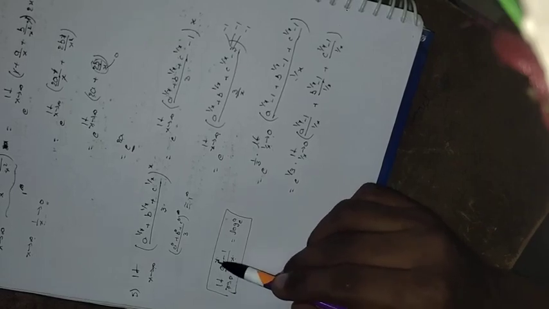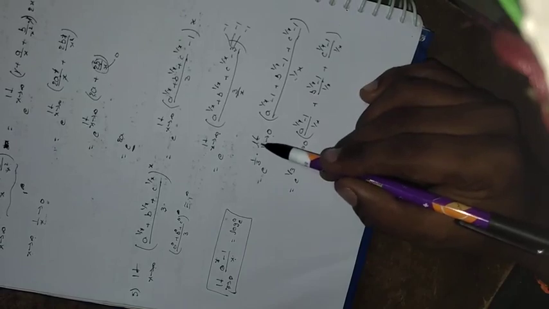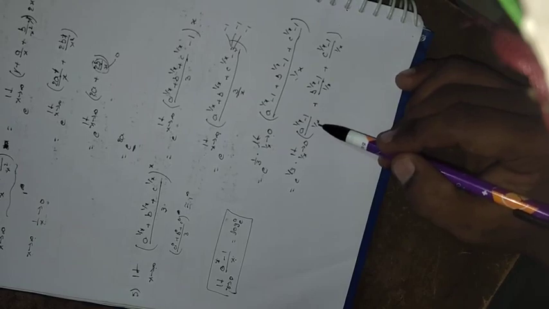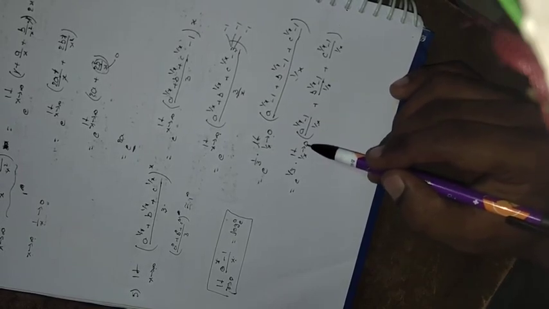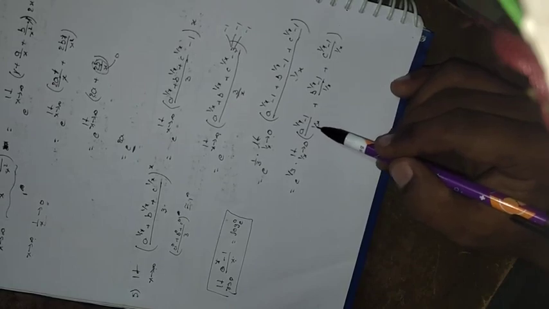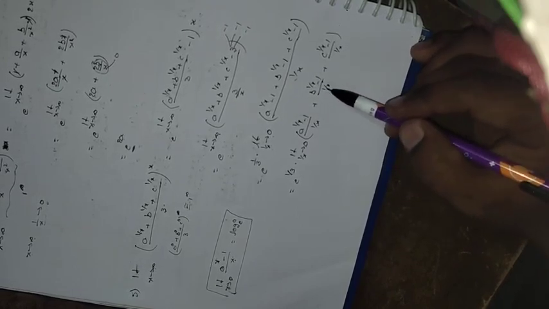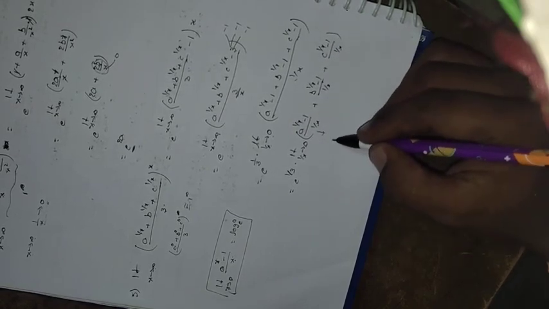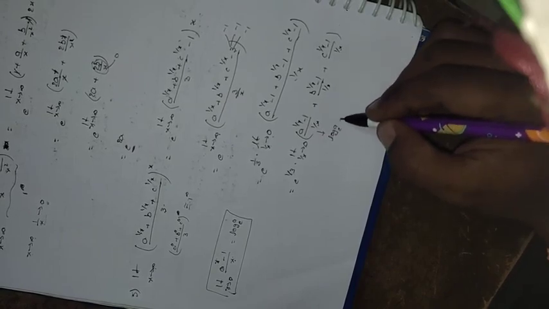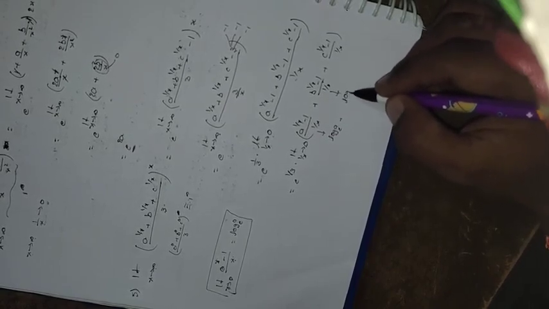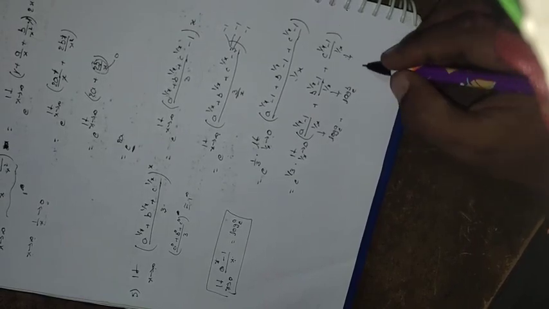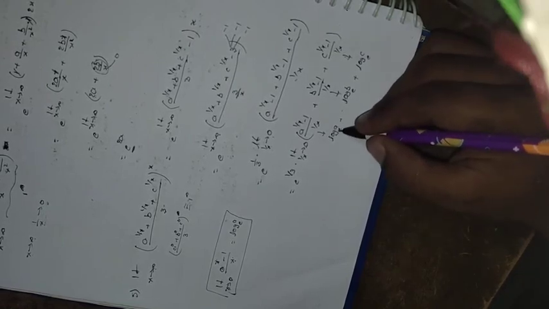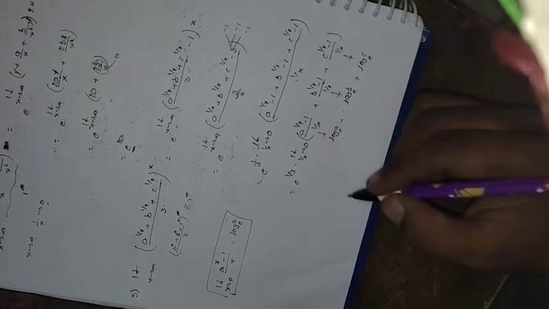x tends to 0, a power x, and here also x. Here limit 1/x tends to 0, a power 1/x, denominator 1/x. So matching: 1/x tends to 0, power also 1/x, denominator also 1/x, for each term. That's why the results become log a with base e, log b with base e, log c with base e. So ultimately log a plus log b plus log c, that is log abc.